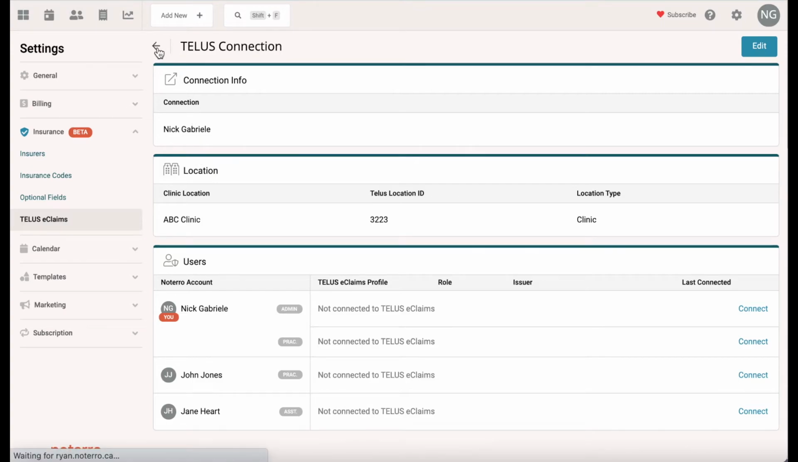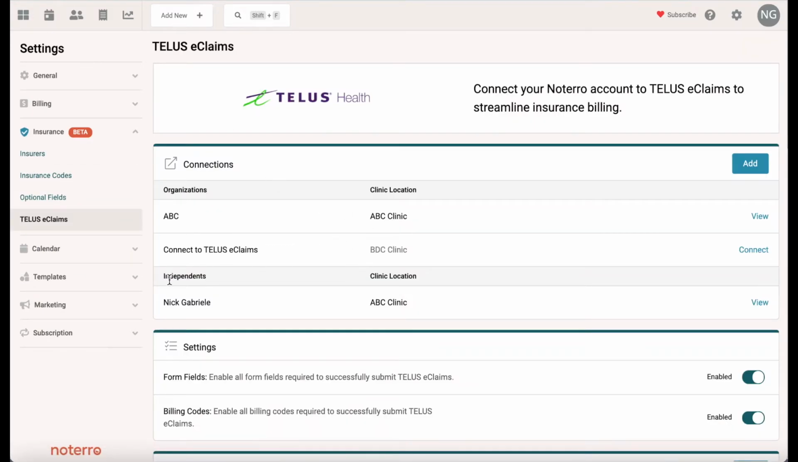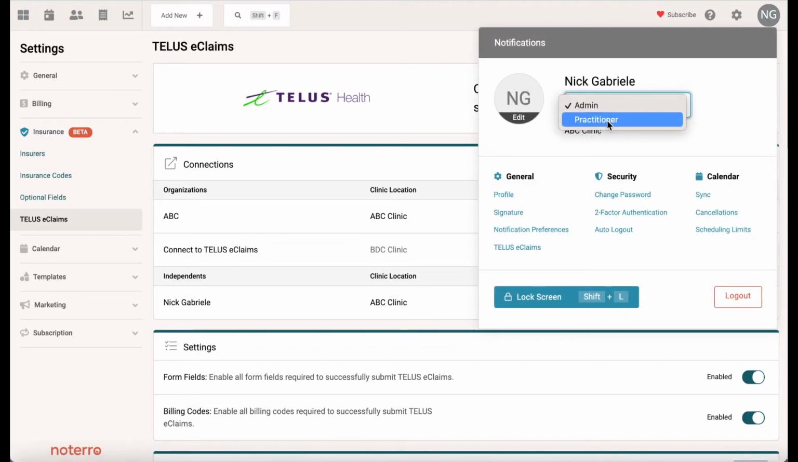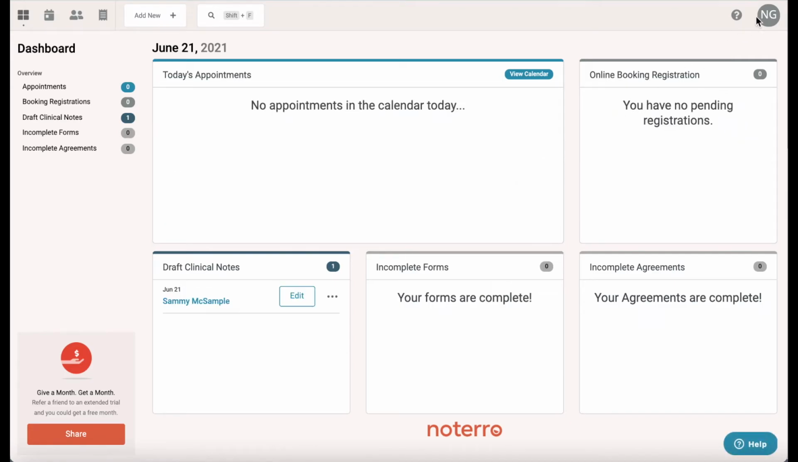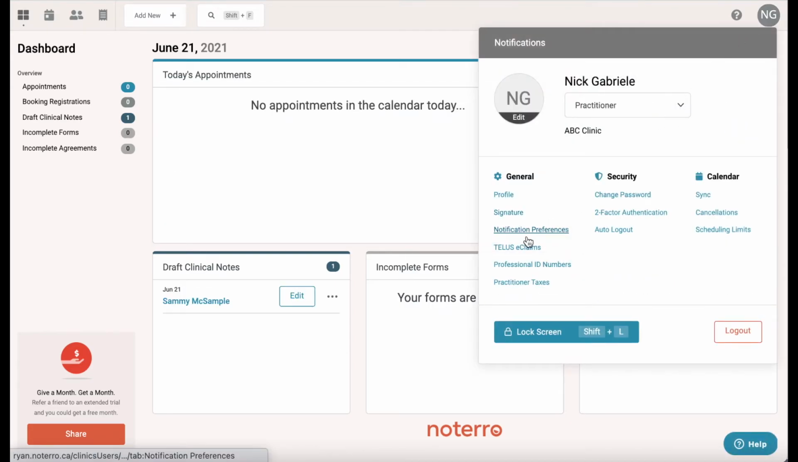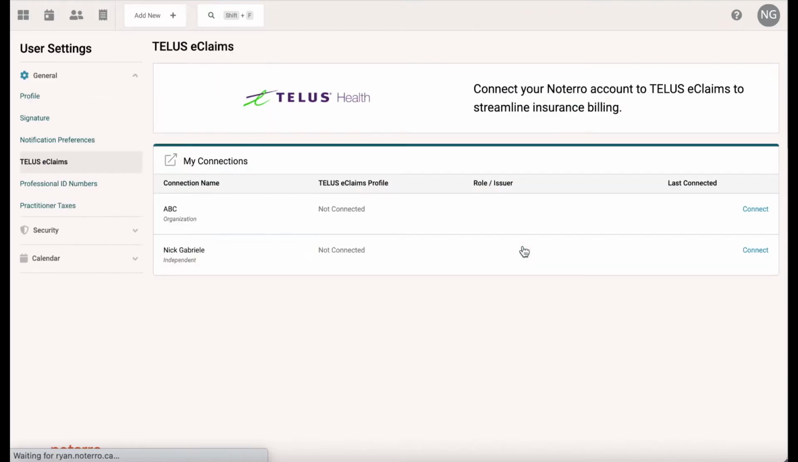So the independent provider can also connect their account. So let me go to their account so we can see that he's listed as an independent provider again. So I'll go as the practitioner. I can show you it at that end. And they would click on eClaims. And there's the independent role and there's the organization, and they're not connected, so I can connect it from this